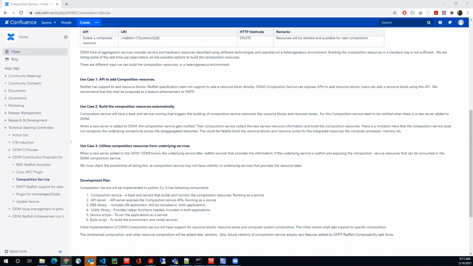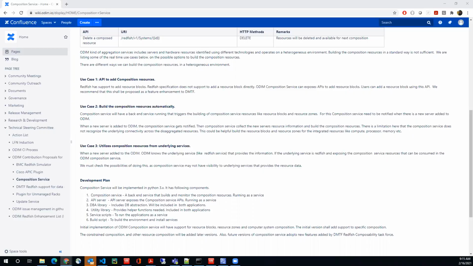Now, the trouble we get into is if somebody adds a POST request in DMTF in the Redfish specification, then we would have a conflict. So yes, we should upstream it, but we can prototype it, we can see how it would work, and then we can give them a concrete proposal for what it should look like.